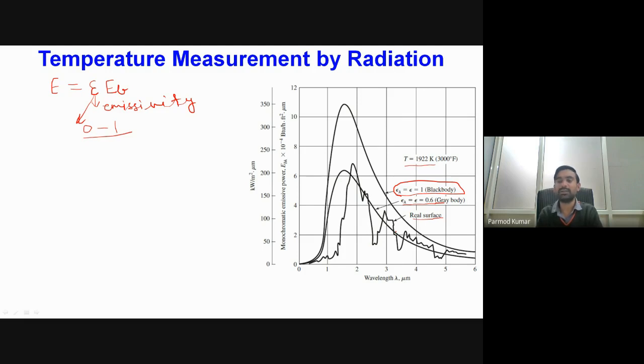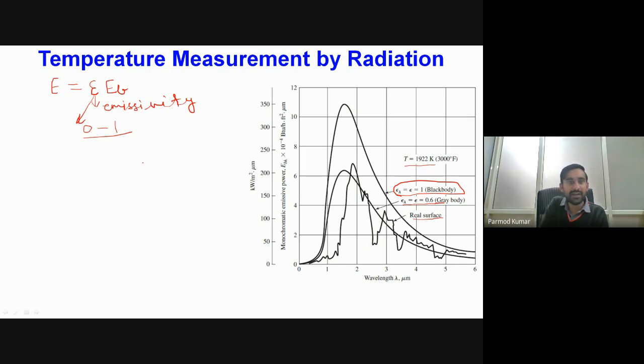Depending upon the surface roughness and surface local temperature conditions, we will have significant fluctuations, and obviously these fluctuations will not have any particular order, so these will be random. That's why we take certain assumptions while we do theoretical analysis of the radiative heat transfer on the surfaces. We consider that at each and every wavelength, we have a constant value of emissivity for a particular surface under specific conditions.